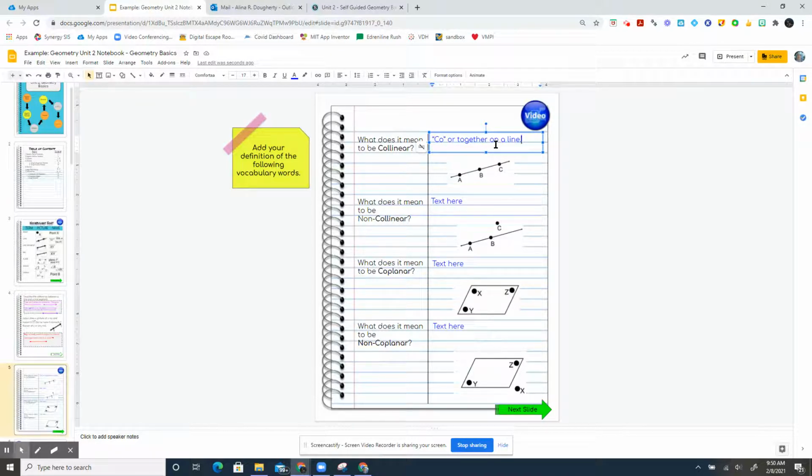Co just means together. So if they are non-collinear, they are not together on one line. So non-co, or not together on one line. Coplanar and non-coplanar, same thing. Together on a plane and